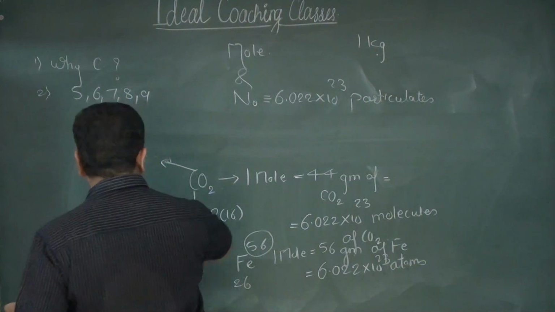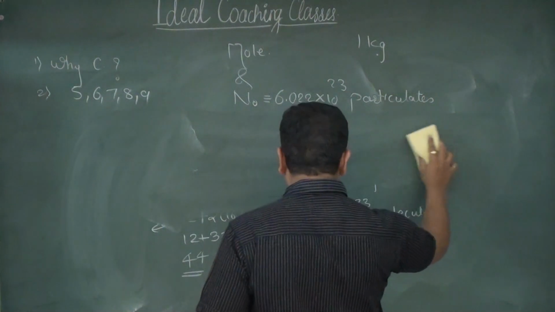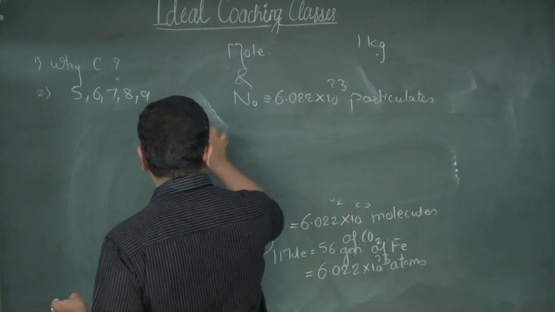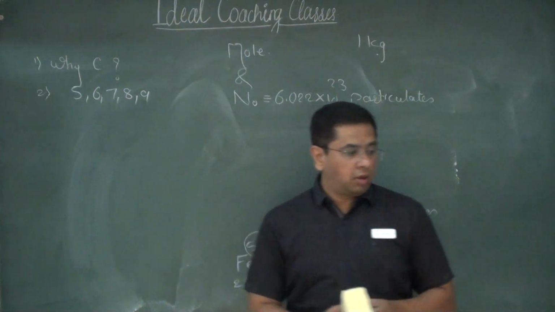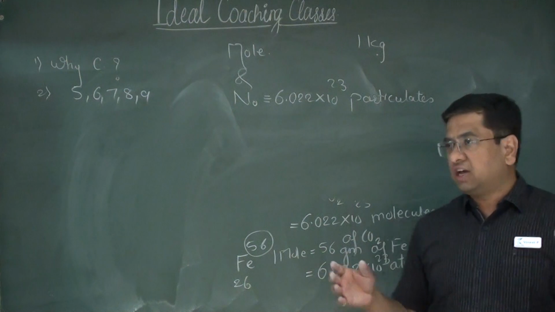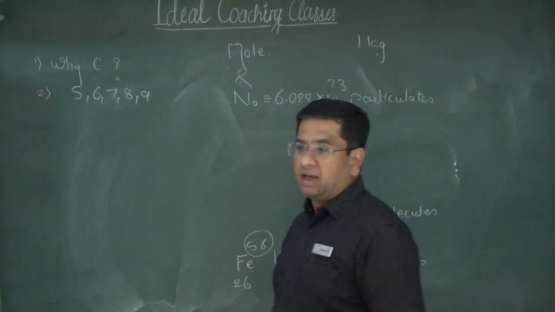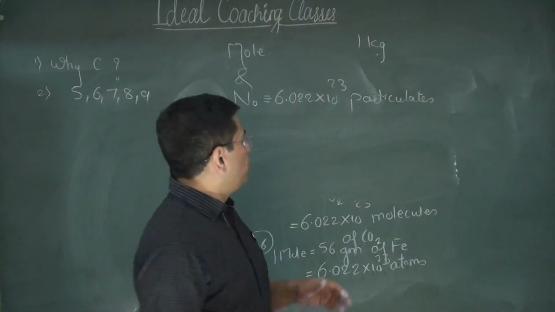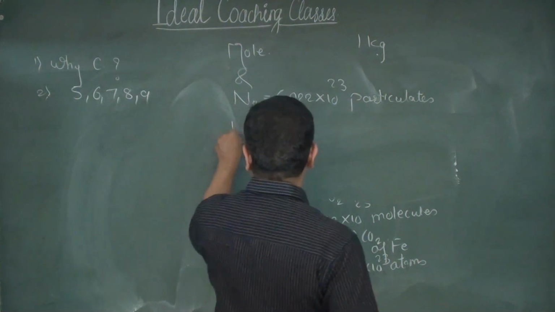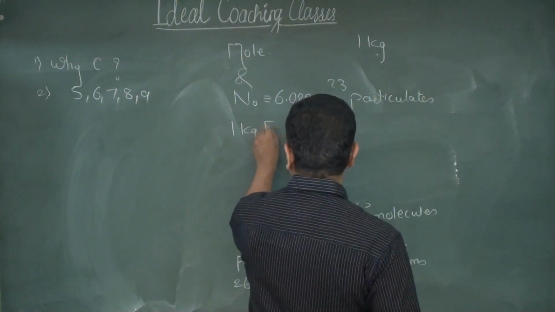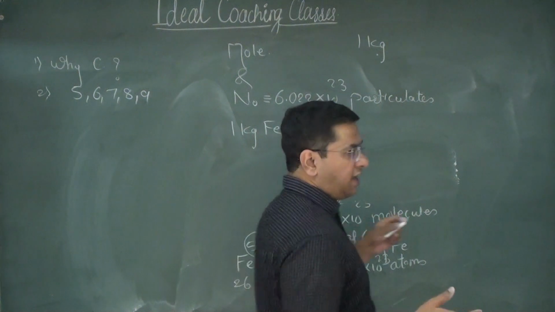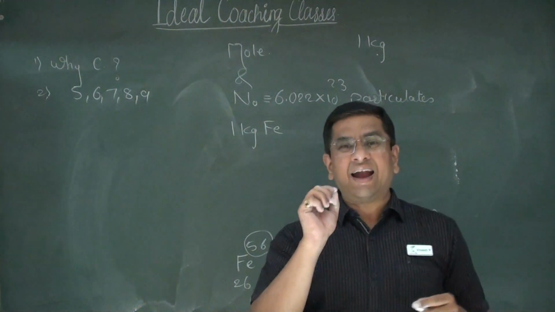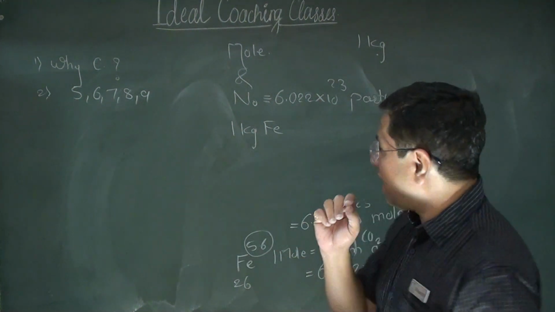And someone asks you how many atoms of iron are in it. See the concept very properly. If you have a chair made of iron and someone asks how many atoms of iron are there in that 1 kg iron chair,